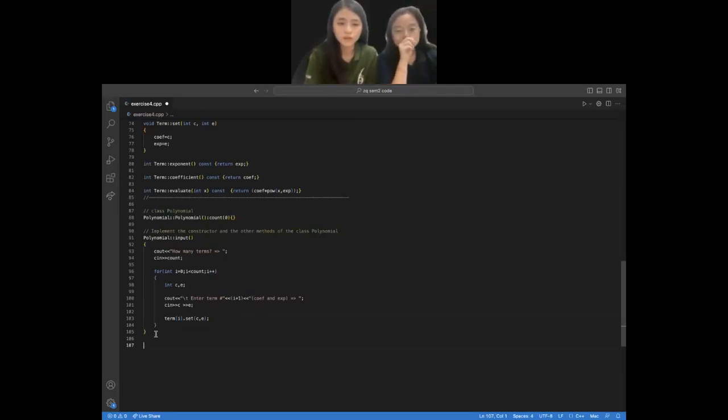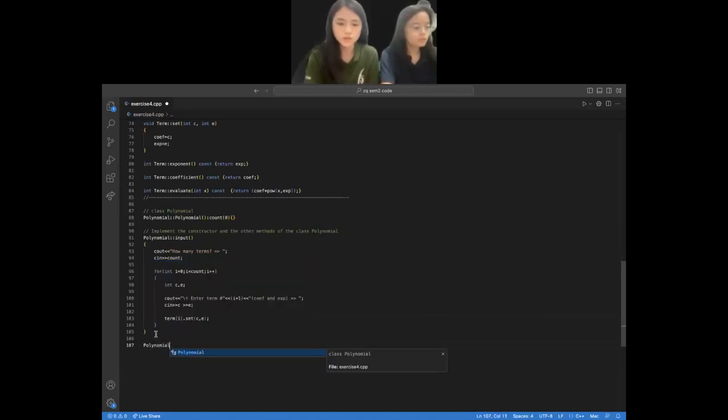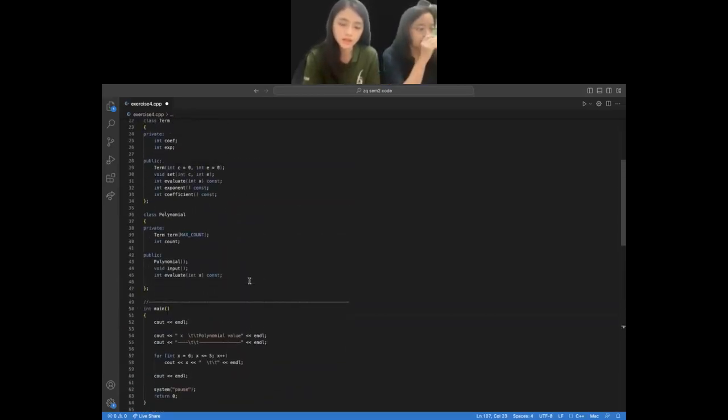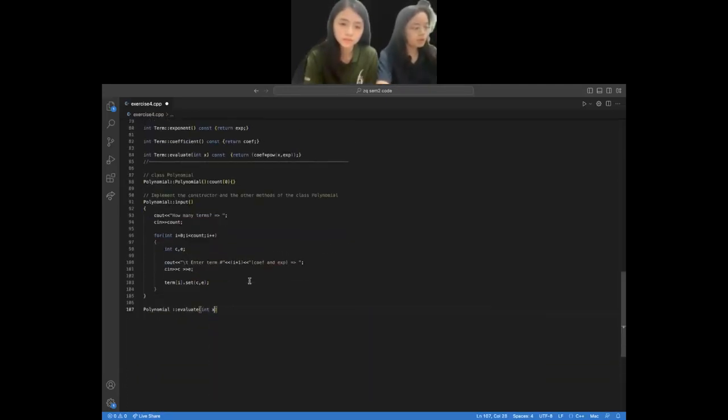This one, right? We need to evaluate the polynomial by summing up all of the terms based on the value of x. For example, if x is equal to 2, then the polynomial 5x squared minus 2x plus 7 will evaluate to, very similar to the class term, the evaluate one. You just substitute the x inside the equation. If x equals